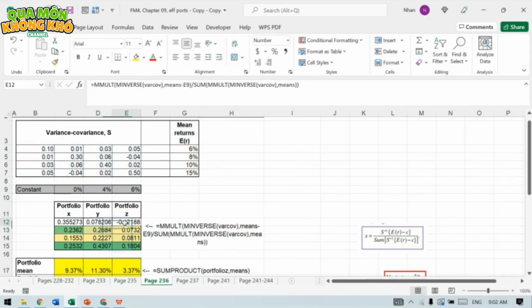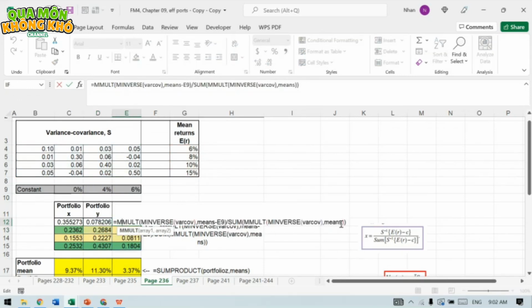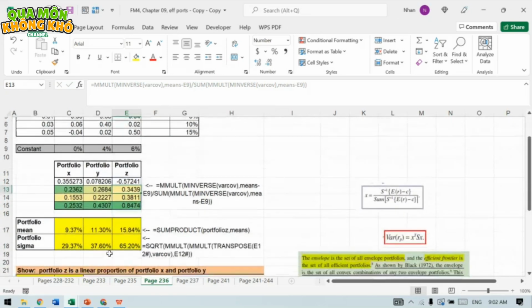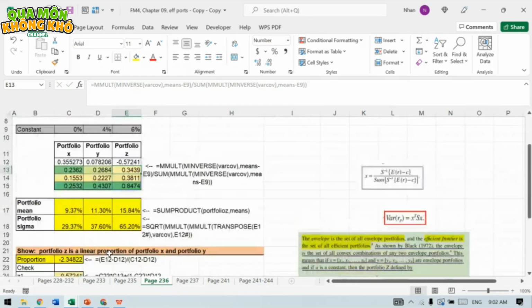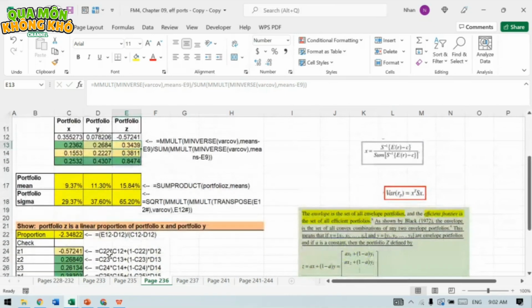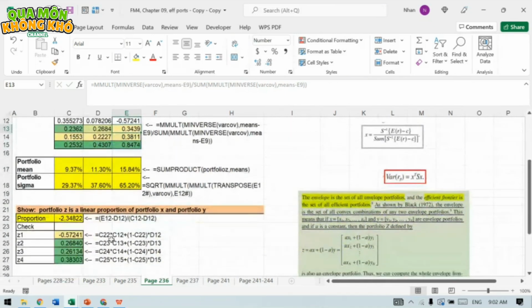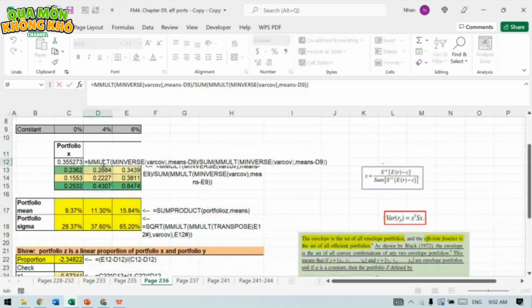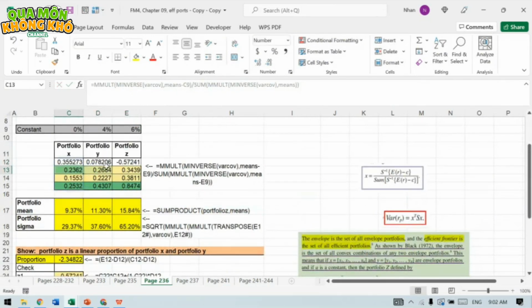I will calculate it again. I have something wrong here. I forgot to minus the constant. So the result is a little bit wrong. But after I fixed it,